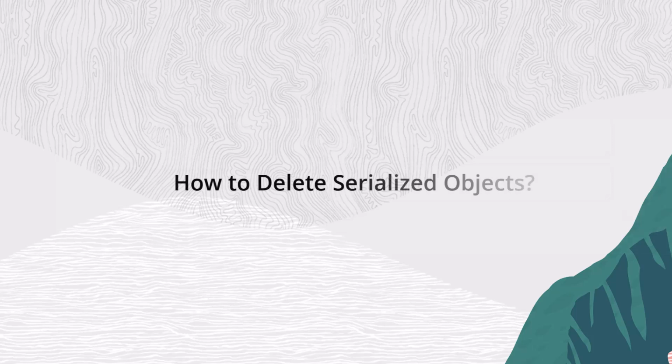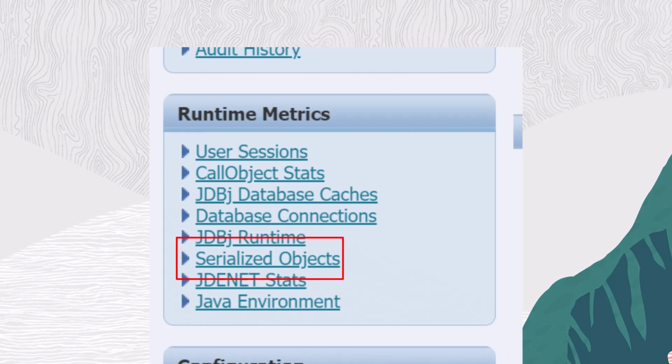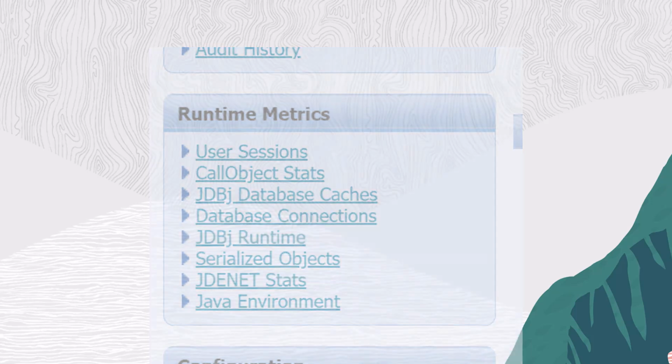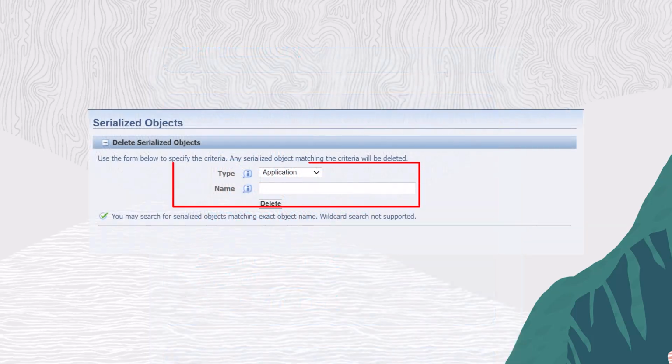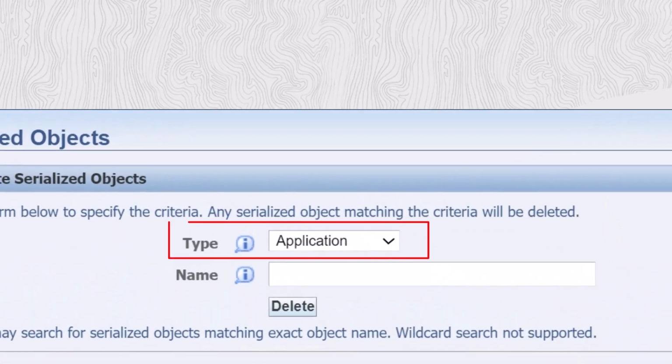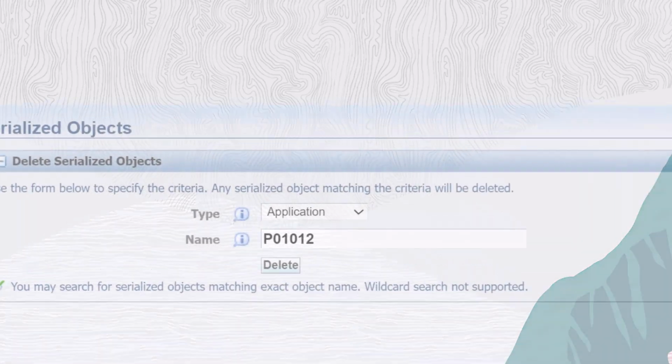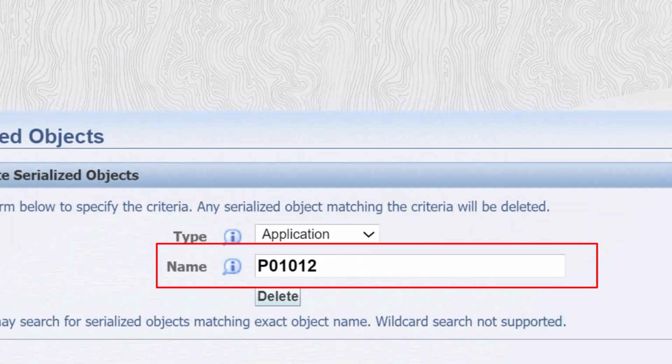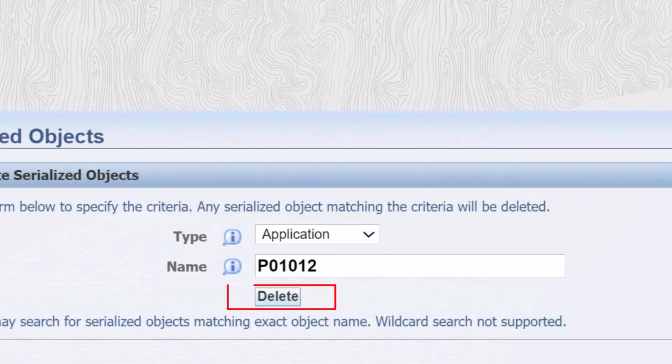Now, let us see how to delete the serialized objects. You can access the serialized objects through the Runtime Metrics pane. Next, specify the criteria to delete serialized objects. Select the type of serialized object you want to delete. Now, enter the name of the serialized object you want to delete. Delete the serialized objects. The system deletes all serialized objects for the specified type and name, including default, language, and user